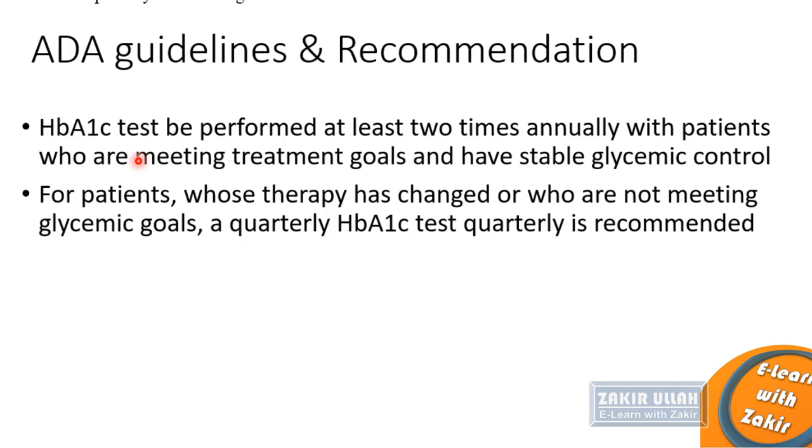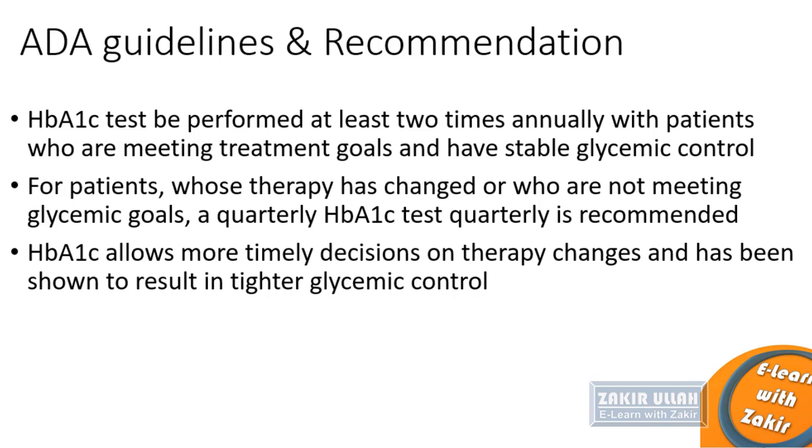If the patient is reacting to treatment, the HbA1c is performed 2 times annually, and if he is not reacting to the medicine, if he is not getting better with the treatment plans, diet plans, and exercise plans, he will have to perform the HbA1c test